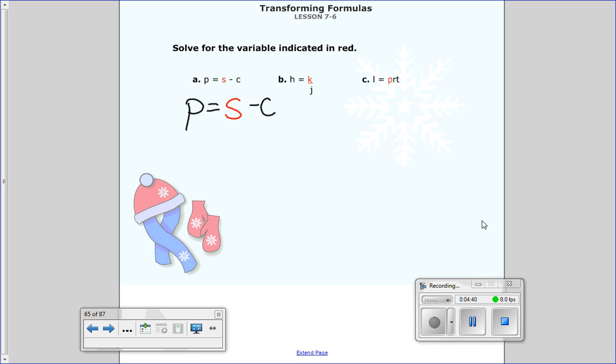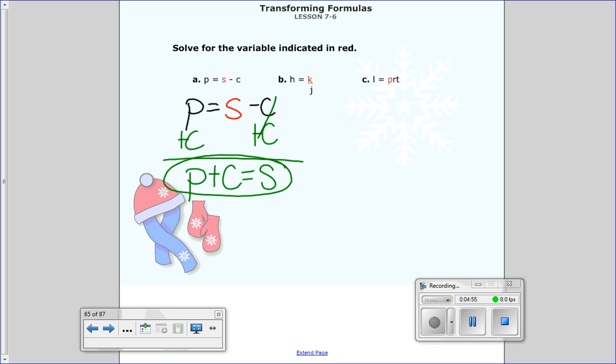They're subtracting C. So to get rid of a minus C, I'd add C to both sides. And I'm left with, and again, these are not like terms. P and C are not the same, so I just put them together. P plus C is equal to S. That's your answer for A. And then for B, we have H divided by k, so what we want by itself, divided by